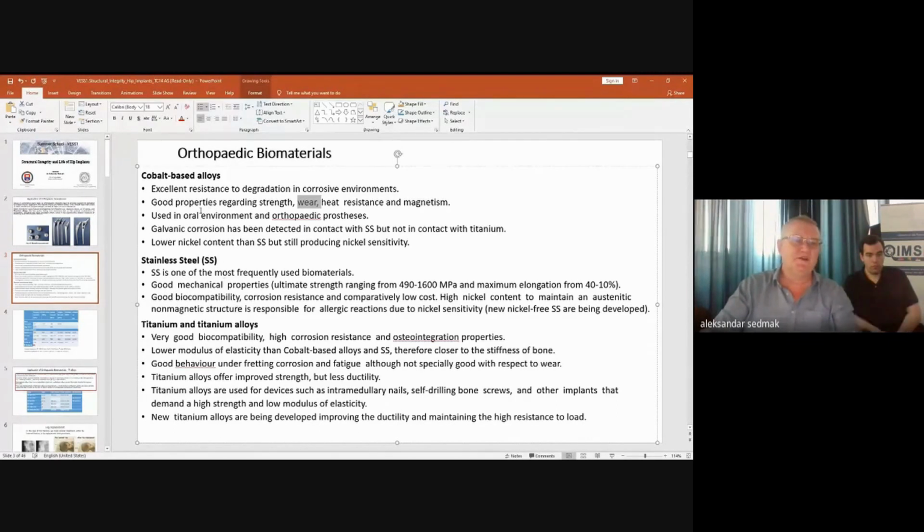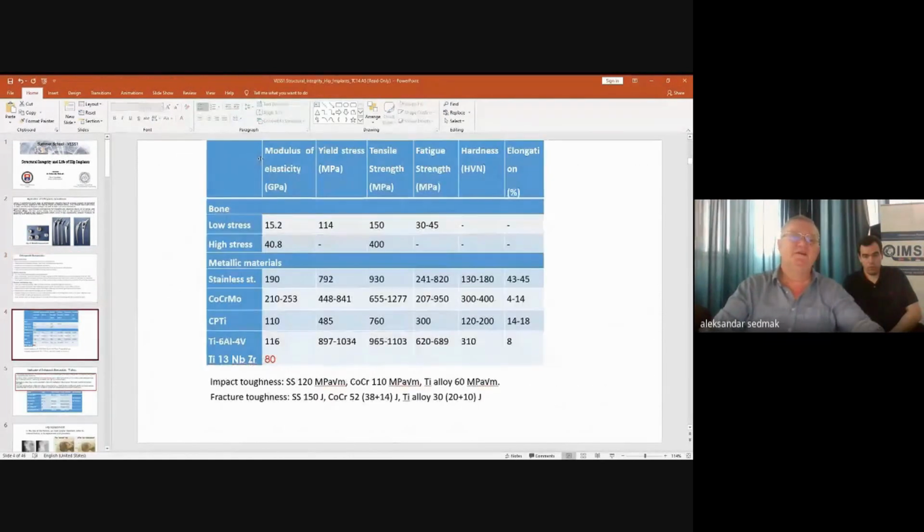Anyhow, you can see here a list of basic properties. All three categories, of course, have good mechanical properties. So these are just small subtle differences that allow us to differentiate between them and to choose whichever is optimal and best for our application. So more concretely, you can see here a list of mechanical properties, and you can see that